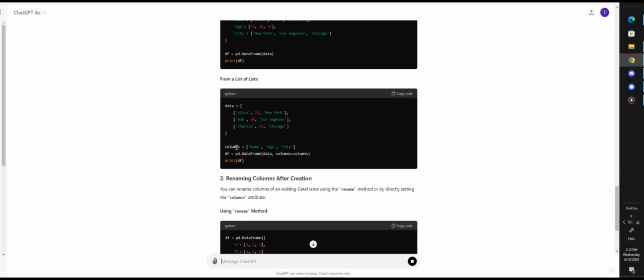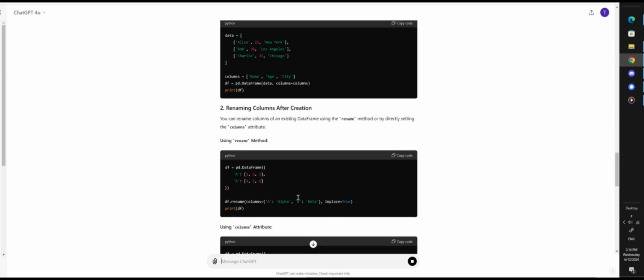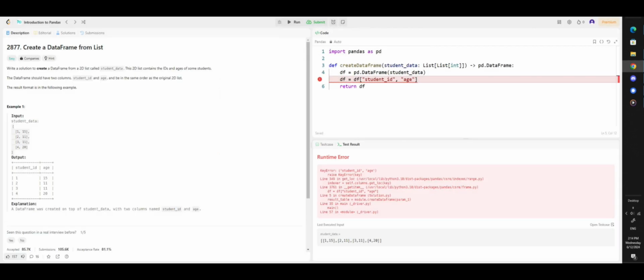This looks interesting. You have columns and then you declare what the columns are and then you add it to the data frame that way. But I continue reading because maybe that's not what I want to do. I'm like, oh, look, you say data frame columns and then you just say it equals that. That looks very promising. So I jump back over here